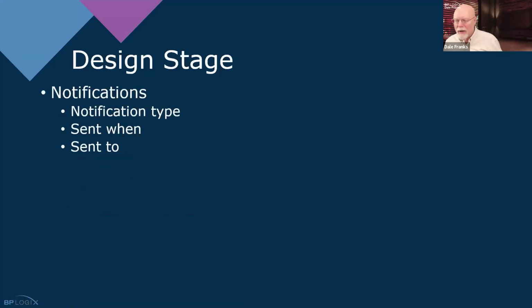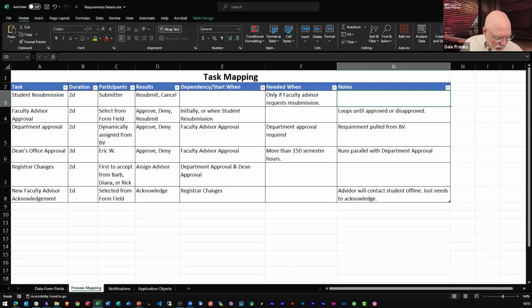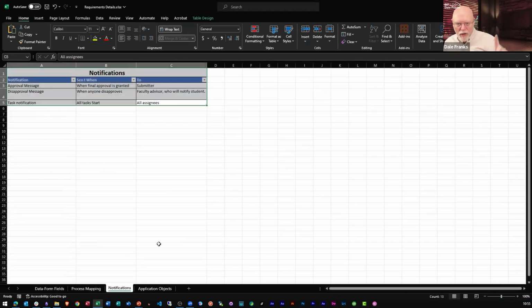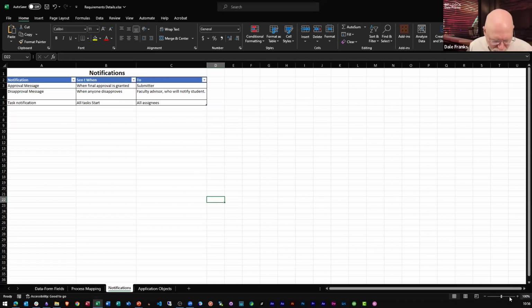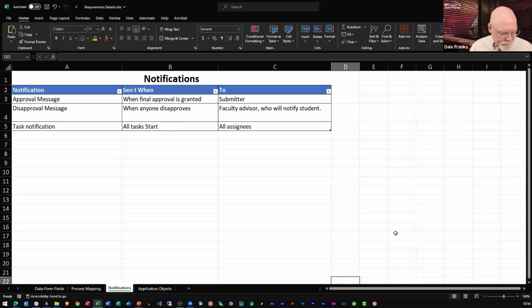Notifications, another one. I need to know the notification type, who the notifications are sent to, and when they're sent. Again, I have a spreadsheet for that. Let's take one last look at that spreadsheet one more time, and we'll just cover it, because I have a couple of different things here, one of which we'll cover a bit later, but we'll look at it now, and then we can just get the spreadsheet out of the way.